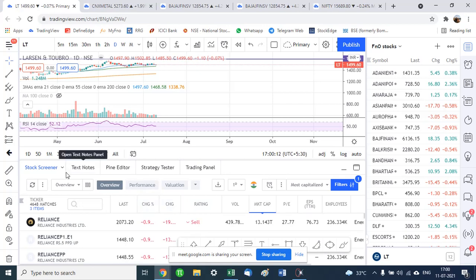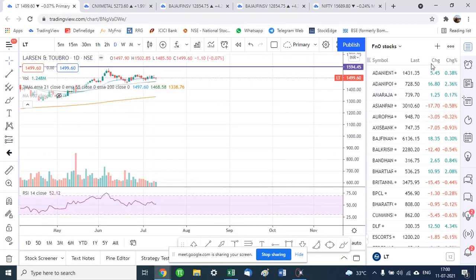Okay, I think I have checked the screening facility of TradingView before. I found it to be very basic. You can filter by market cap and volumes traded and all that. So there's a little bit of screening that is there. It was not to my satisfaction. It's not the kind of comprehensive scanning that I want. So I didn't like it. Okay. If you are comfortable with it, you can use it, no problem.